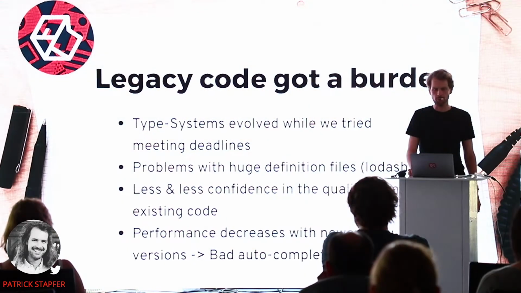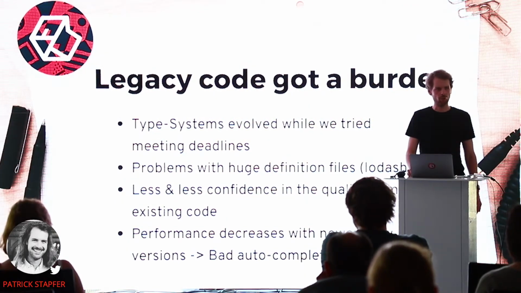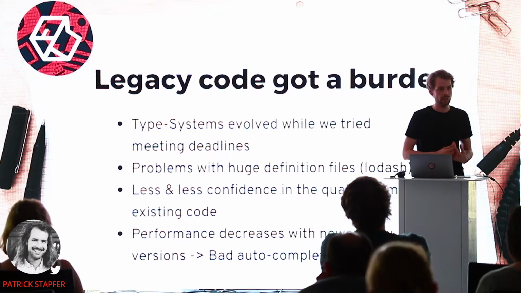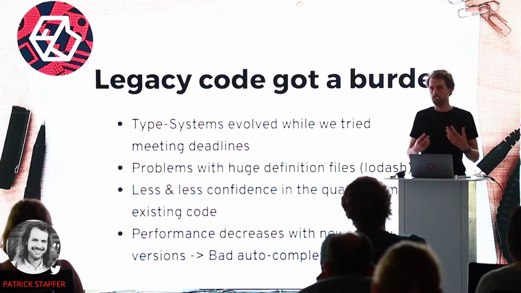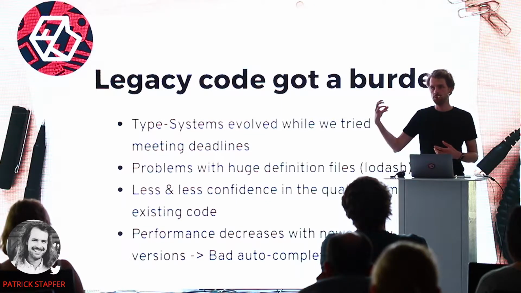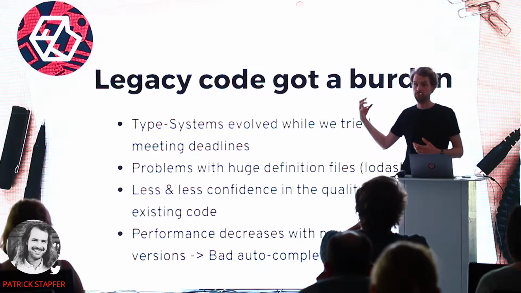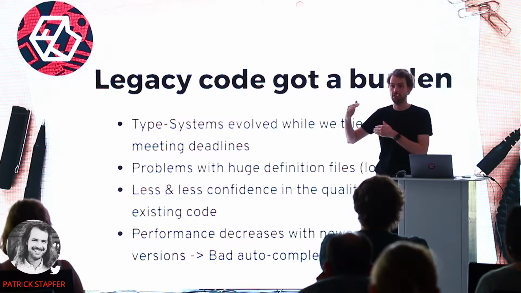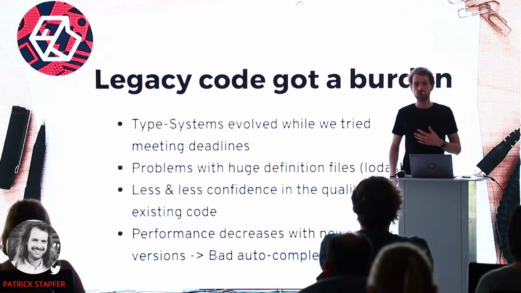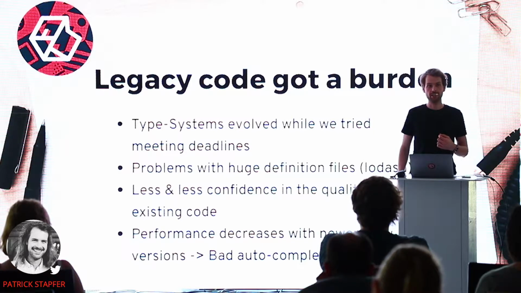Legacy code is a real burden. Type systems evolved while we were trying to meet deadlines. So even the whole engine of the type checker changed. Flow had an upgrade where they decided that object types were from there on strict object types. So they needed to match an exact shape instead of being an open object. Now you can imagine how many type errors we got in our code base, and we still had to ship